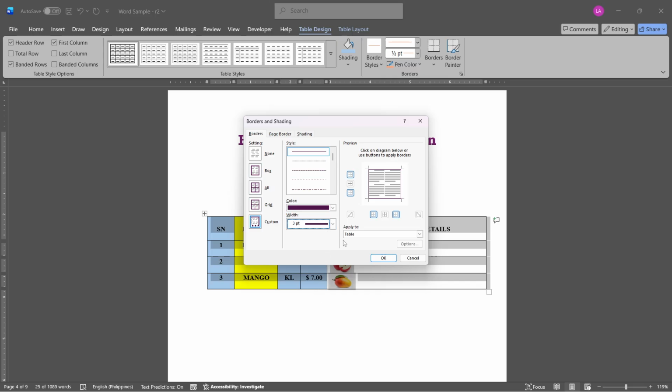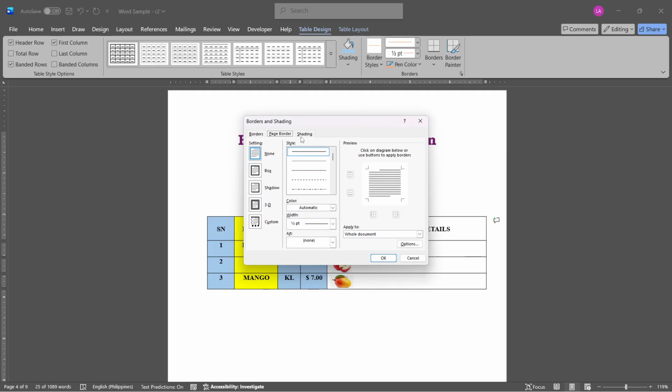Should you desire alternate row colors or specific formatting, such as banded rows, the table style options offer this functionality as well. Once your table is selected, check for options like header row, banded rows, or first column under the Table Design tab. These options allow you to apply or customize styles so that banded rows display according to your